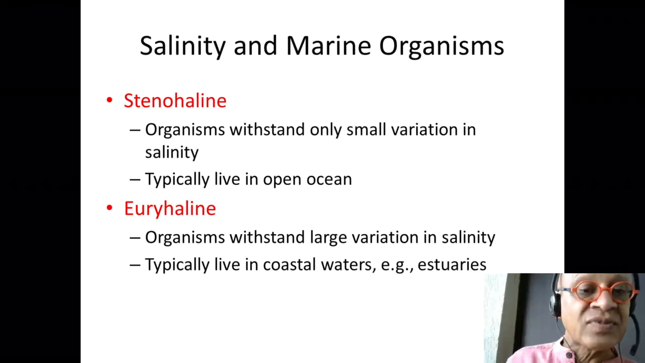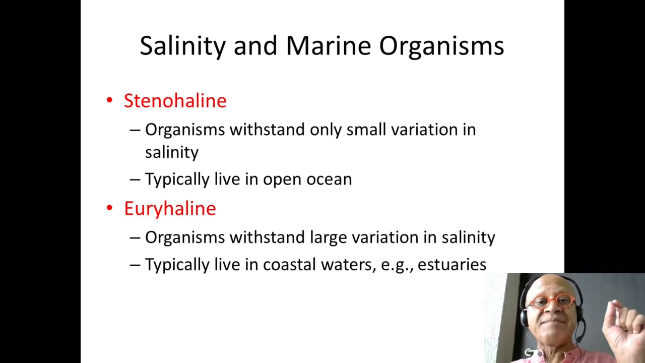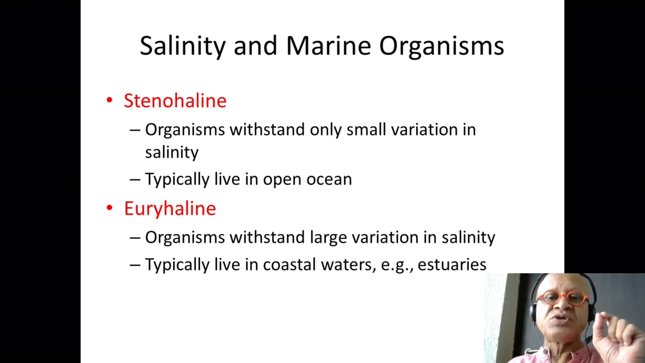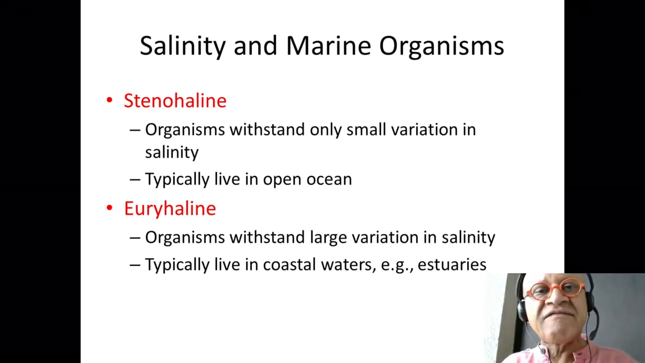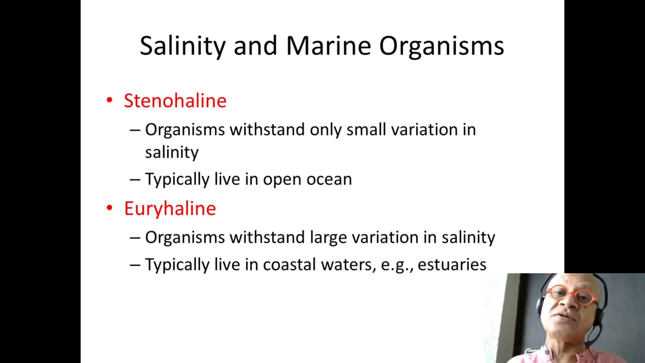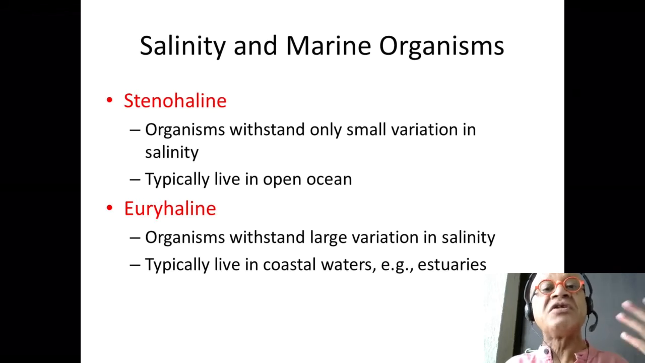So salinity: stenohaline means they are adapted to a much smaller range of salt variation in the water, so also live typically in the open ocean. Euryhaline, they live in coastal waters and estuaries where we said there are seasonal variations because of changes in the runoff that comes into the water. Rivers have a seasonality, snow melt, rainfall, etc. Or they have wind-driven evaporation and so on. So euryhaline,